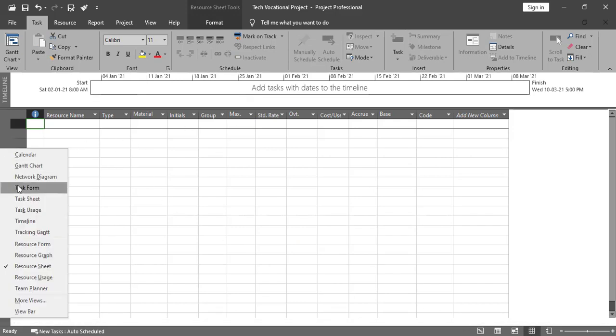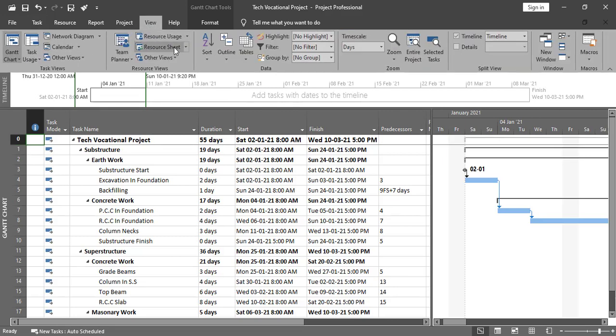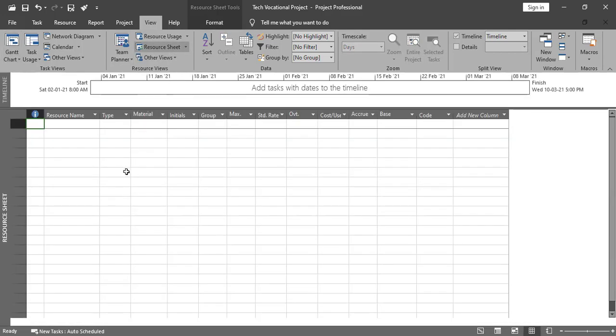Okay, now the next step is, there is the third way. We can go here in the View menu, and we have one of the options as Resource Sheet. You can see over here, click over here to go into the resource sheet. So there are multiple ways to go into the resource sheet. Now after switching into the resource sheet, you need to just add the resources, all of your resources over here,